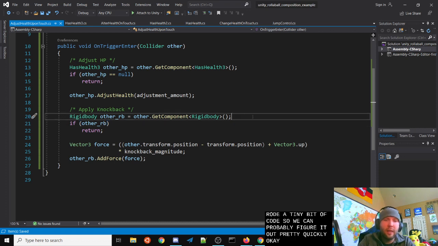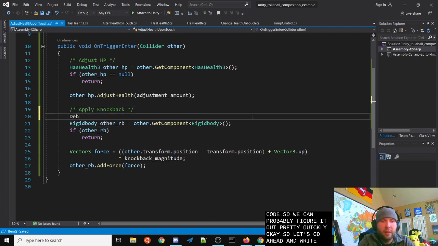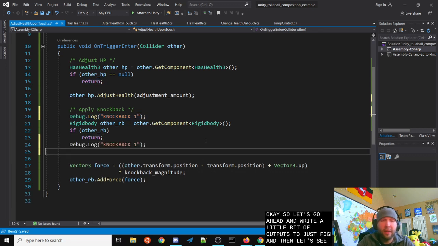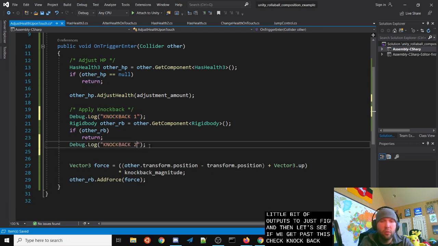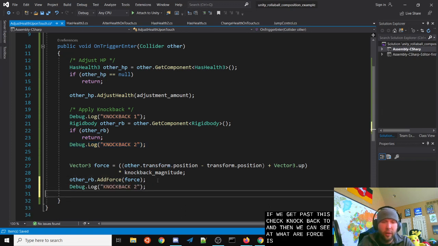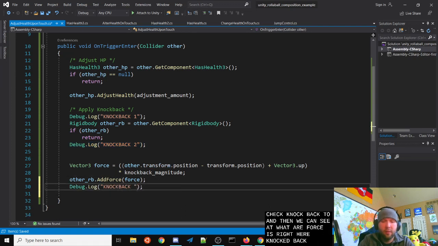Okay, so let's go ahead and write a little bit of output to just figure out what happens. So let's see, knockback 1. And then let's see if we get past this check, knockback 2. And then we can see what our force is right here, knockback force.